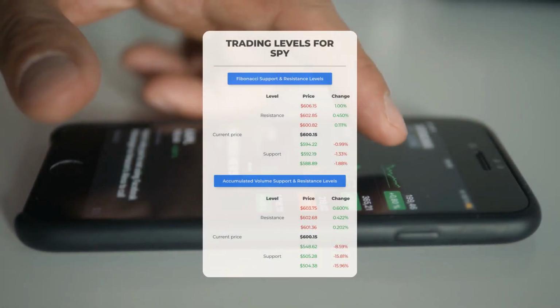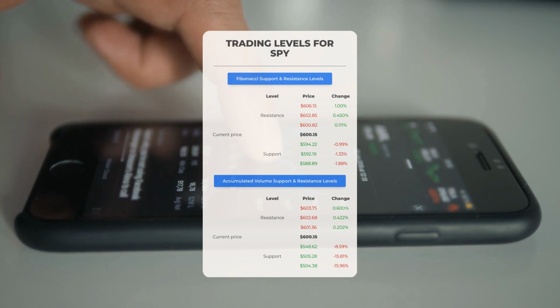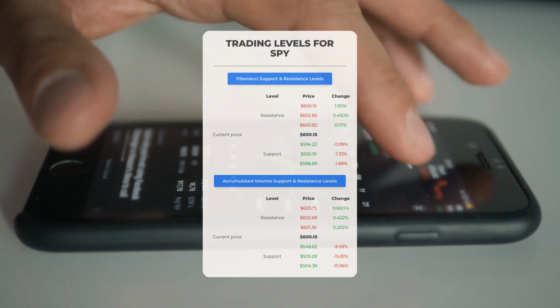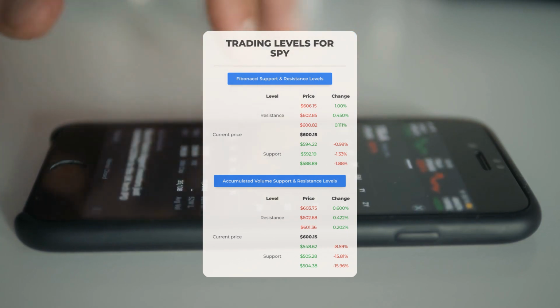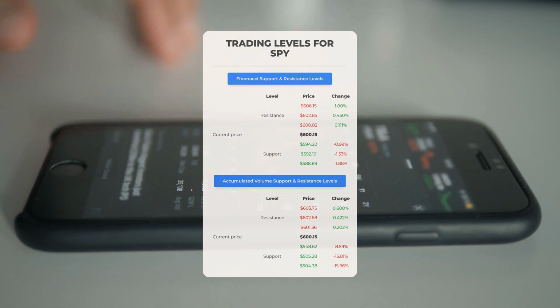Now let's discuss some potential day trading levels for the SPDR S&P 500 ETF. In the event of an upward trend, the first resistance level for the SPDR S&P 500 ETF is at 601.36. If you do not currently own any shares, it may be wise to wait for this level to be surpassed before entering a position. For those who are already holding the ETF, this could be a significant level to consider